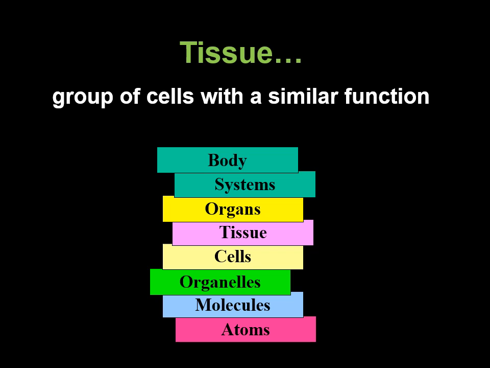So let's start with this. Tissue, kind of an unusual division in the body, because you typically go from cells to organs, but there is kind of an intermediate there. Tissue basically is a group of cells that just have a similar function, and most of the time they don't have a real structure to speak of.